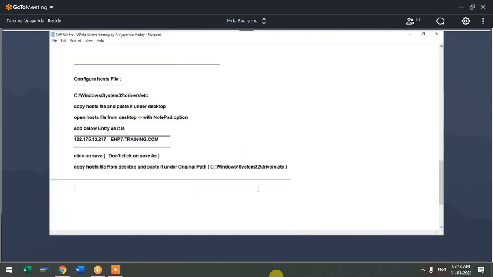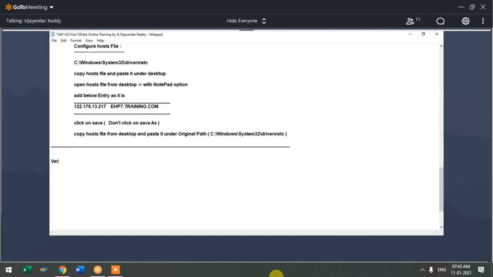Okay, after doing this, you'll be successful. But what is the proof? Verification. Whether the Web IDE tool is connecting to the backend OData server or not. So how to verify this? Whether SAP Web IDE tool is connecting to the backend server or not. For verification, what we can do is